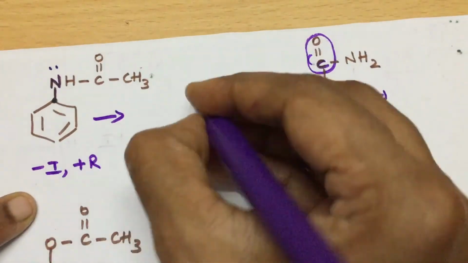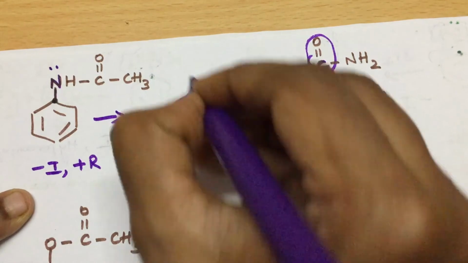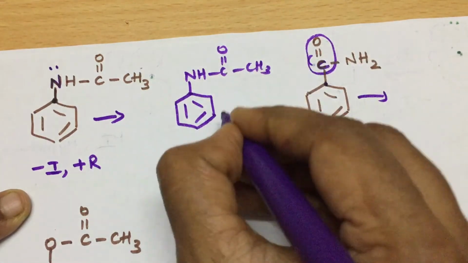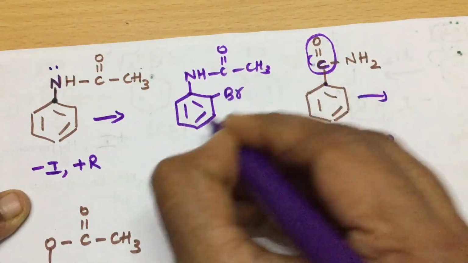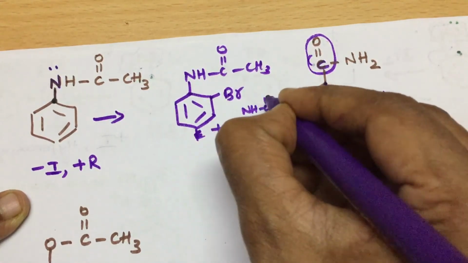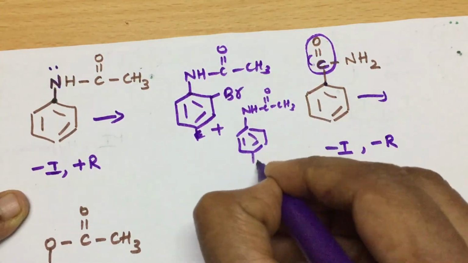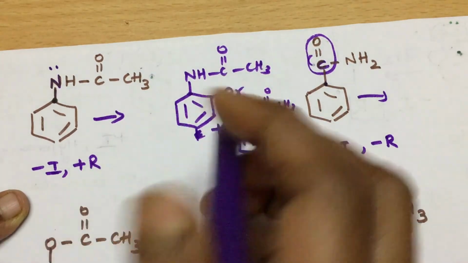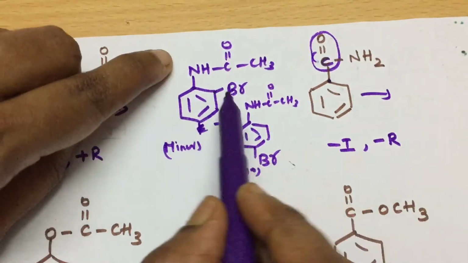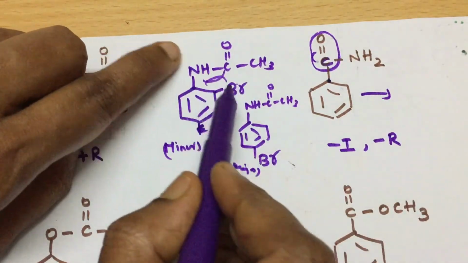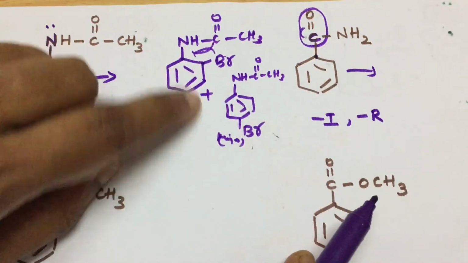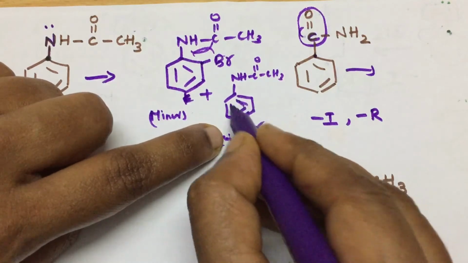So what happens? What product will you get? Unlike aniline, in aniline you got the tribromo product. But here you are going to get either ortho and then para, provided para will be major because of steric hindrance. This will be major. This is minor. Why minor, major, students? See, they have steric hindrance. They don't want to be near to near. There is some steric hindrance. Here it is free. Comparatively both have the same electron density, but para is more comfortable to occupy.